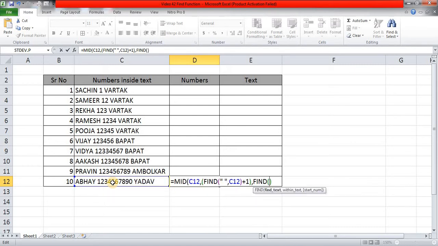Find text, this space, comma. Now within text this, comma, and now the start number. The start number is going to be 7 because this first space is found at position number 6. So for the next space we'll say please find that next space from position number 7. So I am simply going to take this FIND,